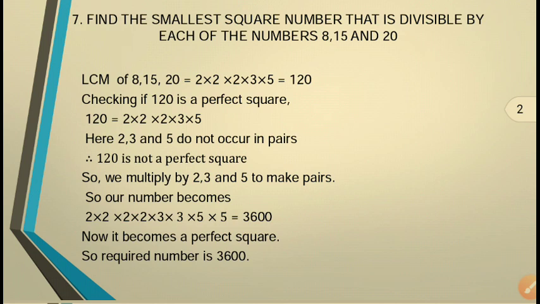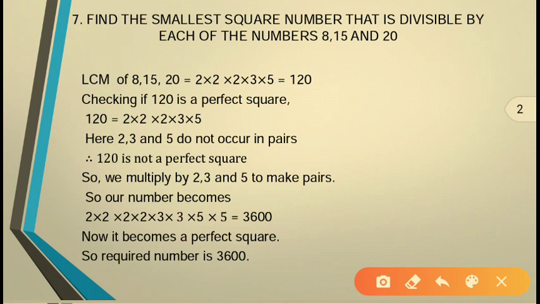What you need to find out? Just find the smallest square number. Square number means when you factorize that number, you will get every number as a pair. That number should be divisible by each of the numbers 8, 15 and 20. So for solving this type of question, first of all take the LCM of 8, 15